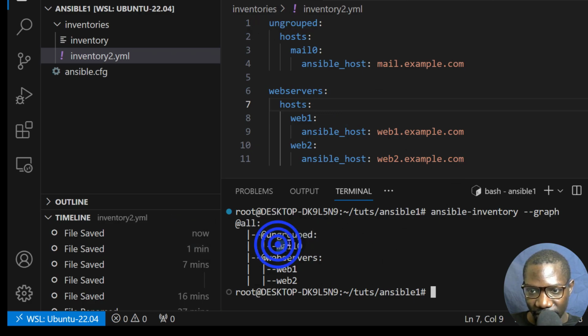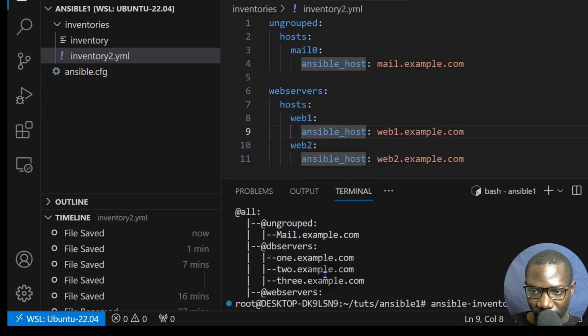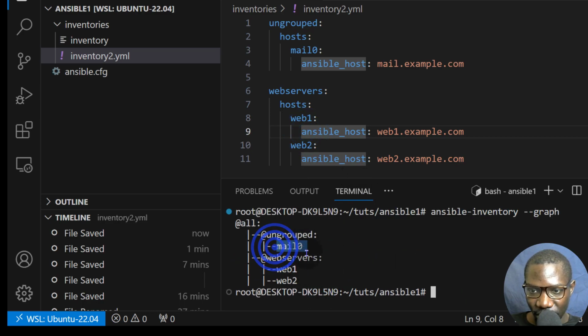So you'll see we have the host. The host alias is the one that is being shown as the host. Host alias we have there. So you can add another one, and that is your homework or your assignment. Just add DB servers and add the host items that we had. Create an alias for each of them, and make sure that it is successfully recognized and passed as an alias like that.